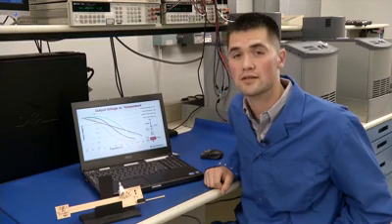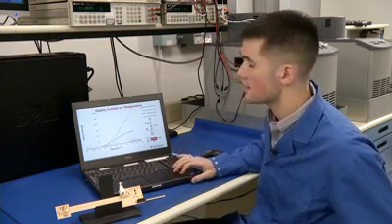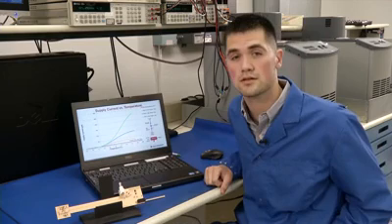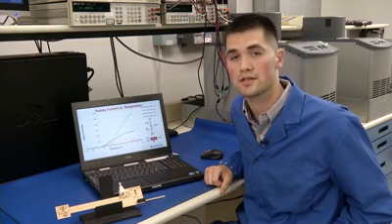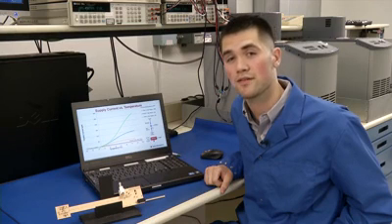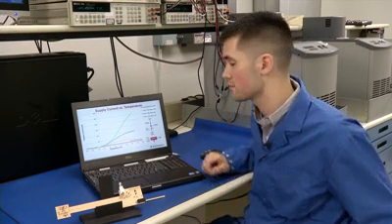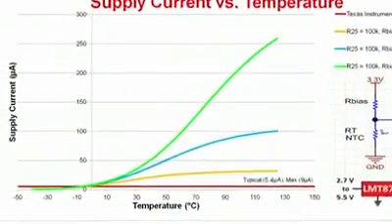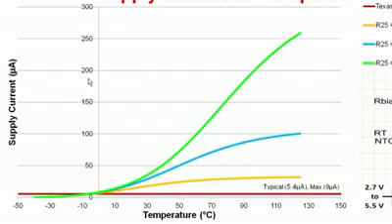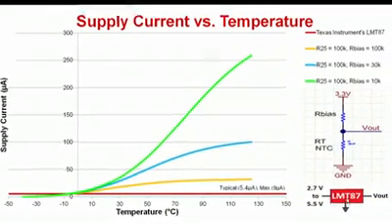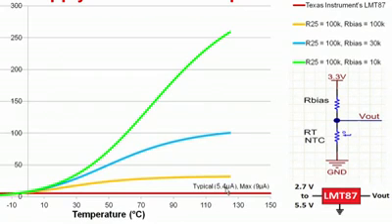Let's now take a look at a supply current comparison of analog temp sensors and NTC thermistors. Supply current is important because it directly relates to the amount of power that is dissipated by the overall temperature sensing solution. Let's take a look. The axes on this graph are supply current in microamps on the y-axis and temperature in degrees Celsius on the x-axis. You can see that the LMT87 has a typical value of 5.4 microamps and a max value of 9 microamps,